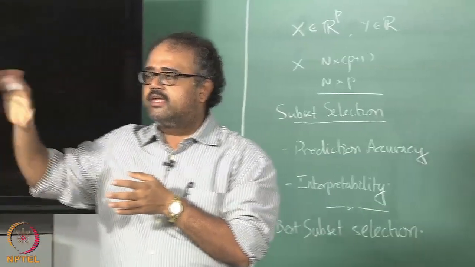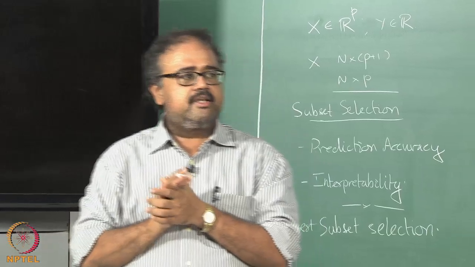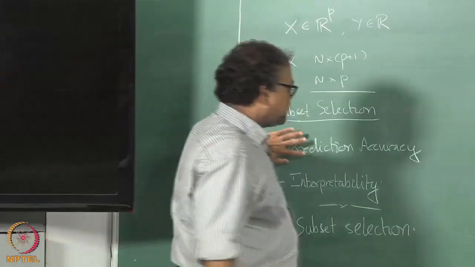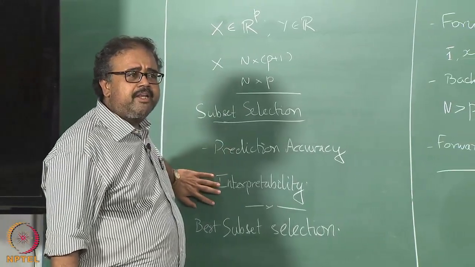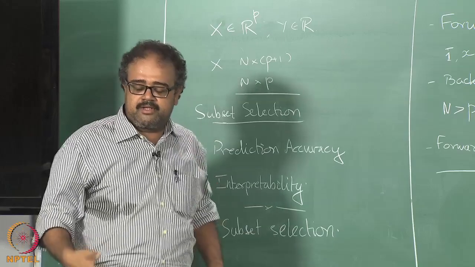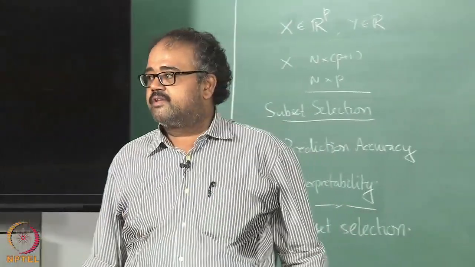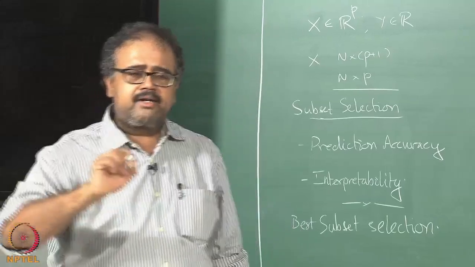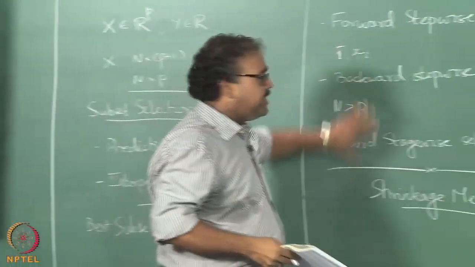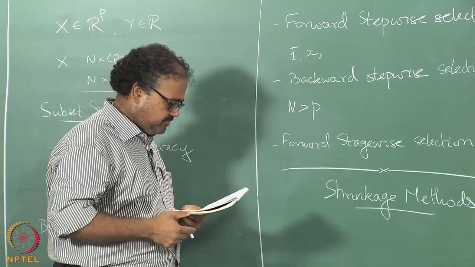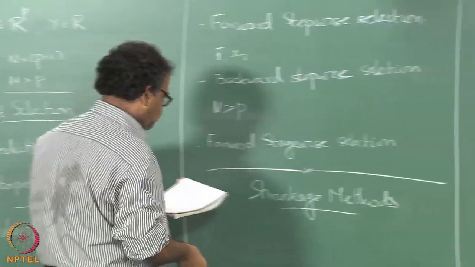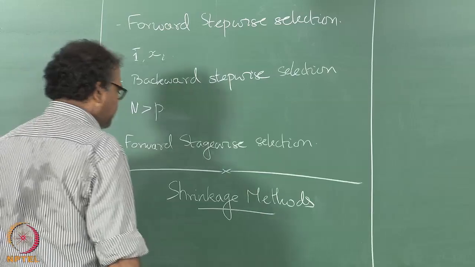You can do some post processing and get rid of really small coordinates, but we will really like to shrink these coordinates. So this is fine from the prediction accuracy point of view. From the interpretability point of view, it still leaves a little bit to be desired, because you might have a lot of variables with very small coefficients in the system. But mathematically this is a much sounder method than any of the things we have been talking about. And of course this is the soundest, but also impossible. So the first thing we will look at